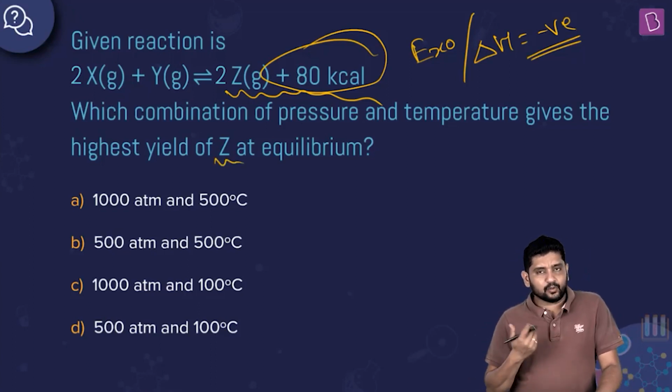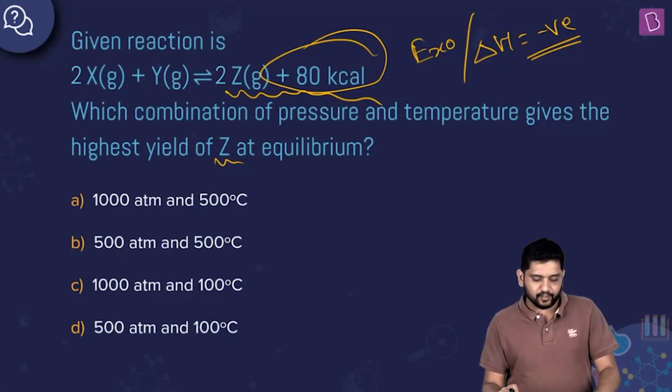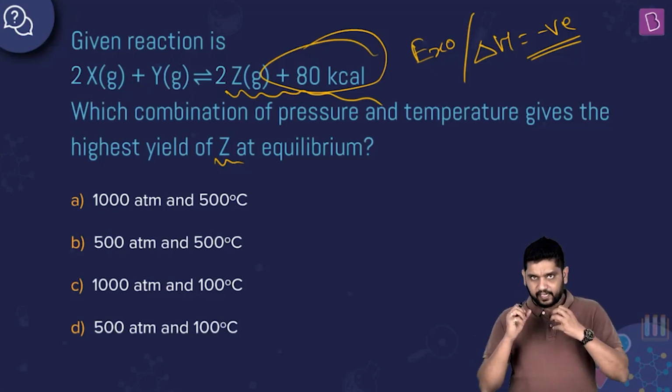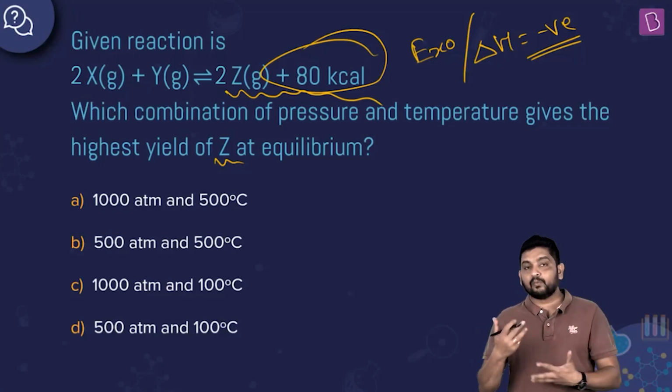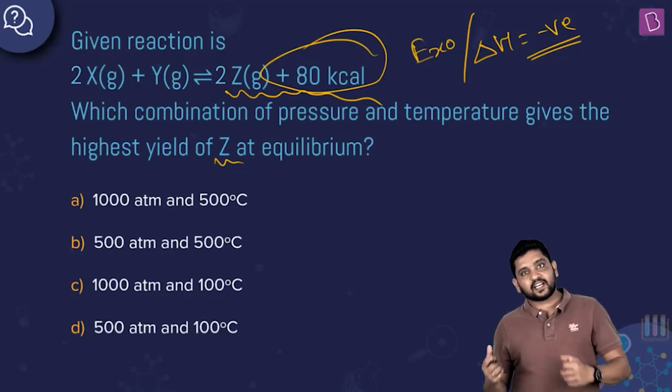This is the idea. So this question is obviously based on application of Le Chatelier's principle. What are we seeing here? Impact of pressure and temperature on such an equilibrium. So here, this is something that is evolving heat. So how can I promote this reaction? By providing conditions that absorb heat.